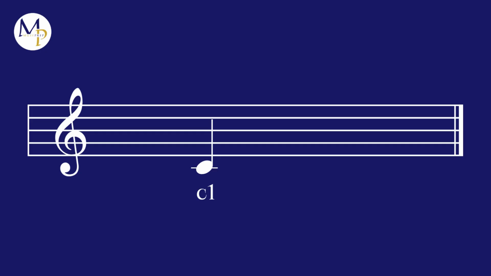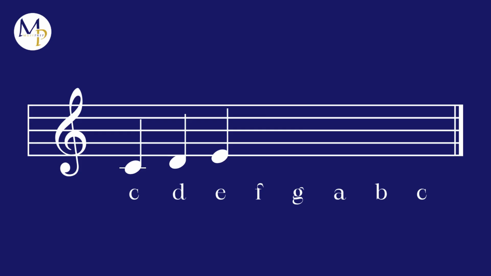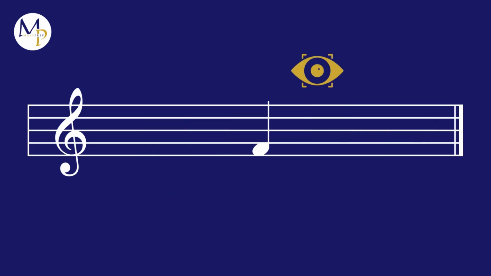Once you've recognized this note, you can easily determine the other pitches by simply reciting C, D, E, F, G, A, B, C in your mind. The pitches are notated in ascending order, alternating between space, line, etc. Eventually, you won't need to start with C1 anymore, as you'll be able to recognize and categorize the pitches